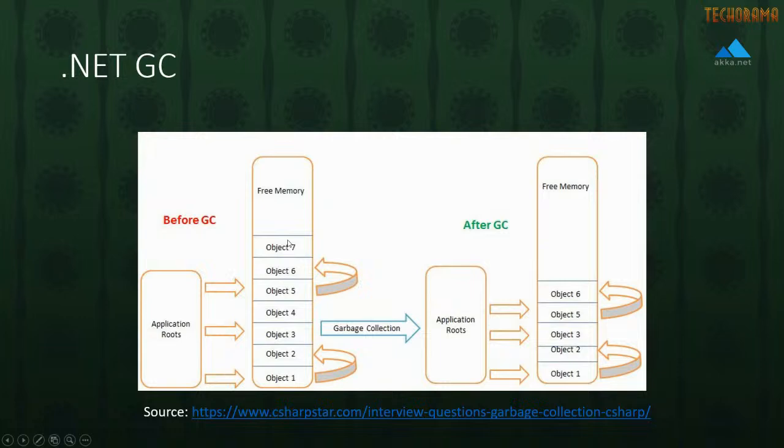This means that any objects that previously referenced object 7 have either been nulled out or they've also been collected. In which case, that means that object 7 is no longer referenced by anything. It's not a rooted object any longer, and it can be collected by the .NET garbage collector when it's scheduled to run. And so when the .NET garbage collector runs, it's going to deallocate those objects that are no longer